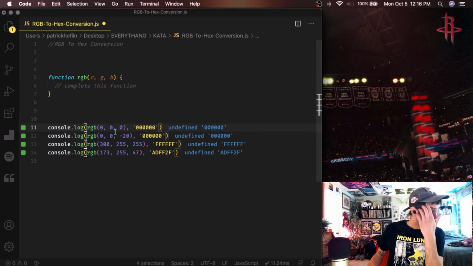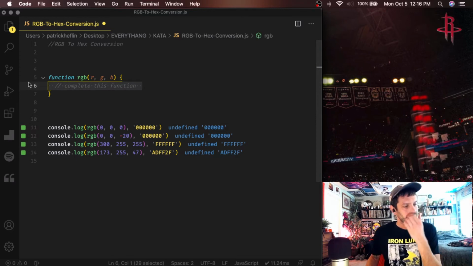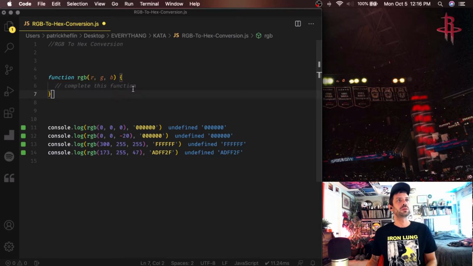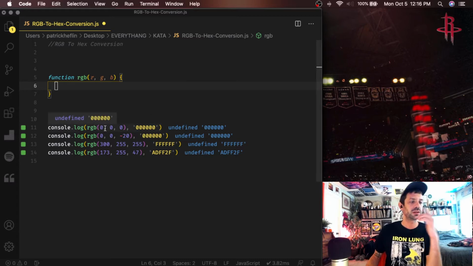So we're given our RGB value, and we need to ultimately return a hexadecimal value, which is this. RGB stands for red, green, and blue. So it returns a color, and so does the hexadecimal. It will also return a color. So what we want to do first of all, we need to look at each of these values,